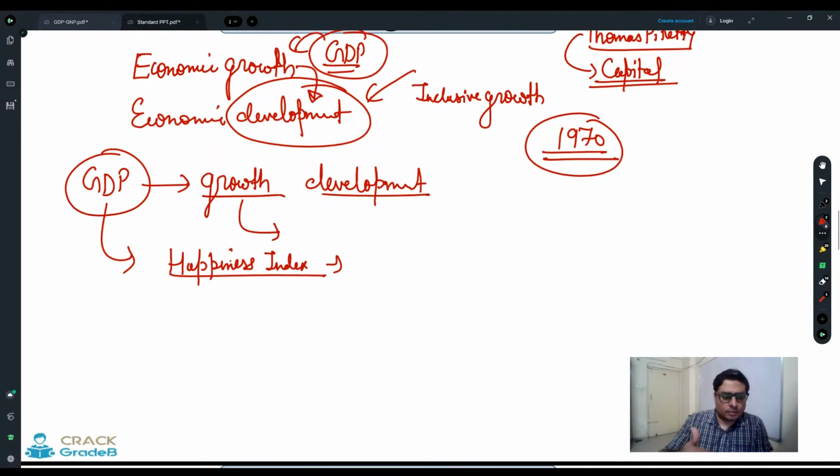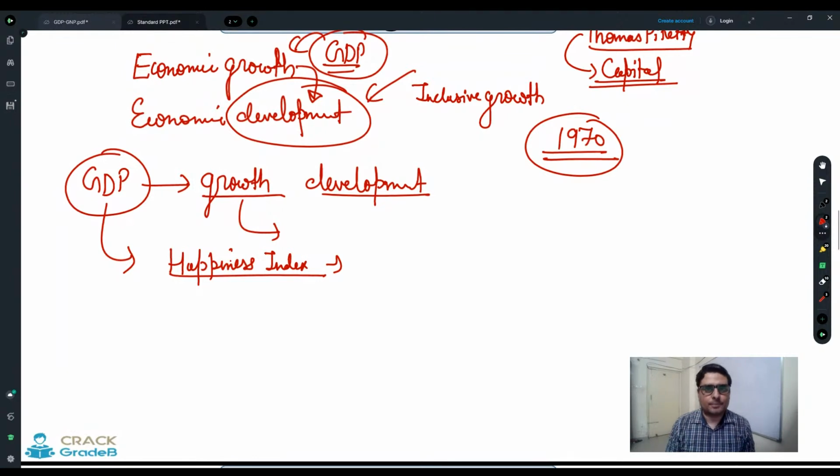They use some data for happiness, but this data is not very authentic, and it is subjective. For example, if you ask a person who just purchased a car, are you happy with this purchase? Yes, I am happy. But once he comes to know that his cousin has purchased a better car than him, his happiness is going to decrease to some extent, right? Because he is feeling a little bit jealous. So happiness